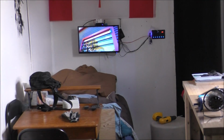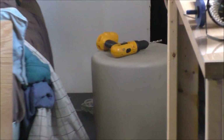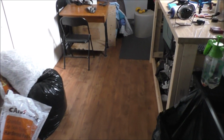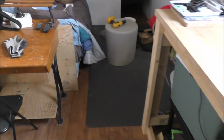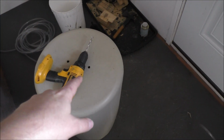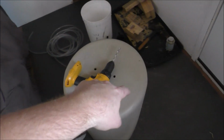And I'm watching a tiny house video over there, and I was in the process of drilling into my new stack here. This will be replacing my bucket. This is also a food grade container. I'm upgrading to a bigger size, so I got 2 holes drilled for the filters,